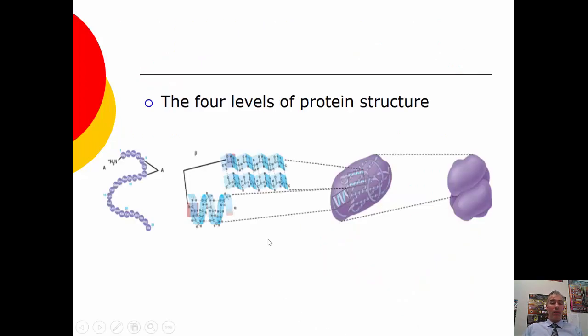So here's looking at all of them. Remember, primary structure is just the order of the amino acids of a protein. Secondary structure: how does it start to fold together into alpha helices and beta sheets with hydrogen bonding between adjacent amino acids? Tertiary structure is looking at how all those alpha helices and beta sheets in an individual polypeptide come together to form an individual subunit. Remember, some proteins stop there, but if you have multiple subunits that all come together to do a function, that's called quaternary structure.